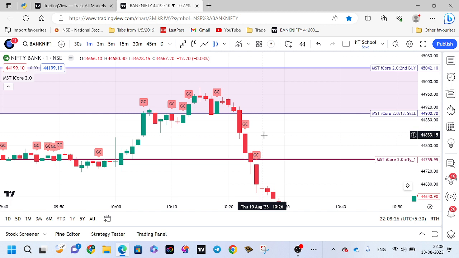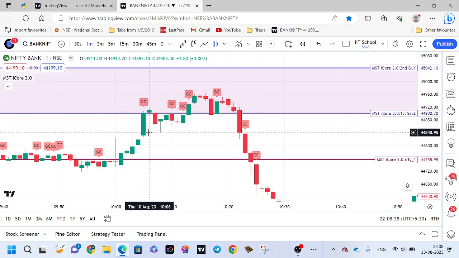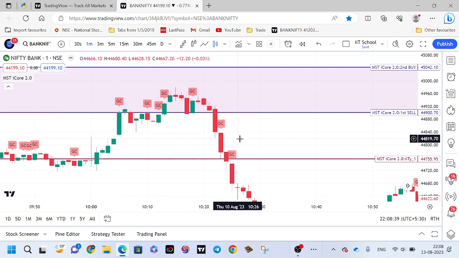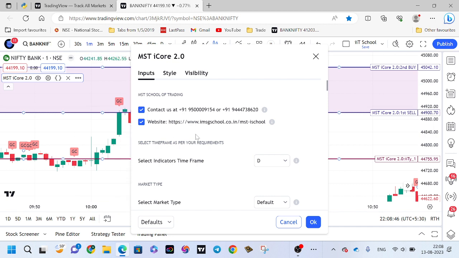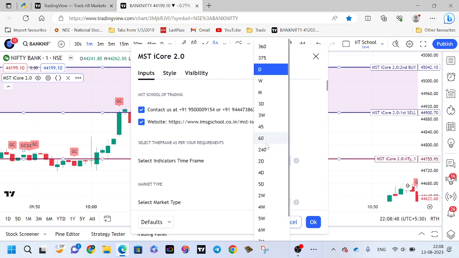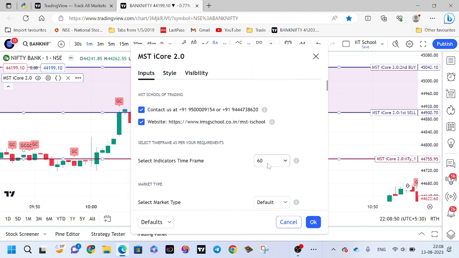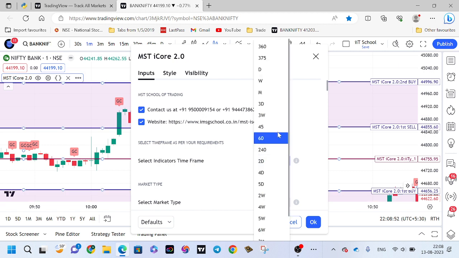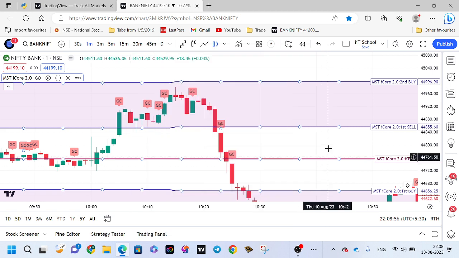Suppose if you want to do some filtering method, see here this candle is showing you the power of bullish, the power of buyers. So now we have to wait for some method. First method is go here, go to the settings. In the time frame, you can change it to 3D or 2D. Just to extend the level, because I have told you about